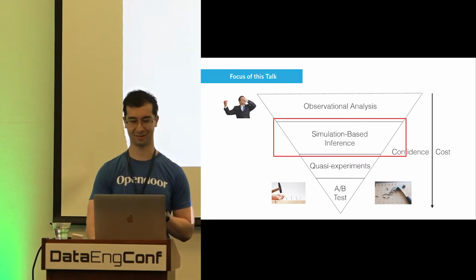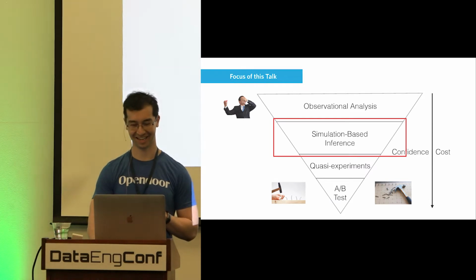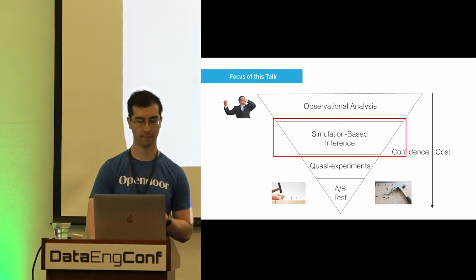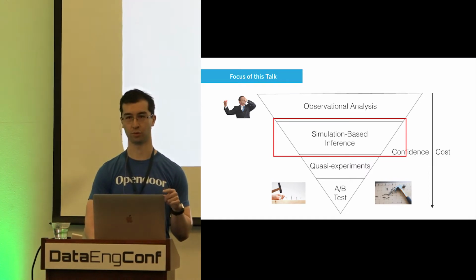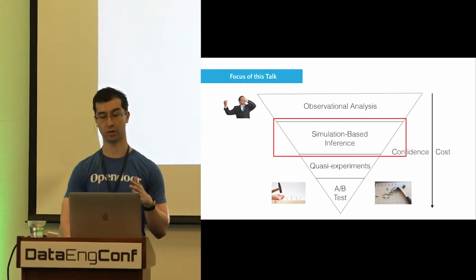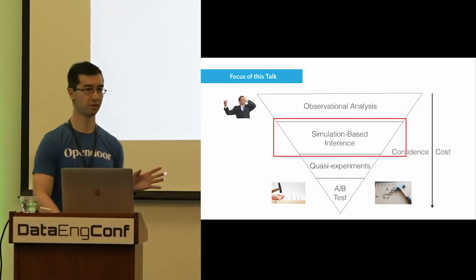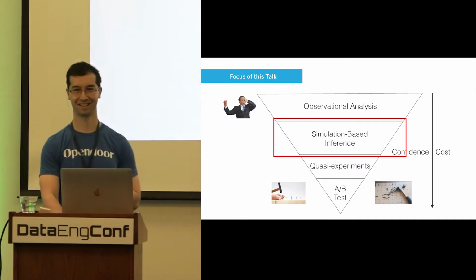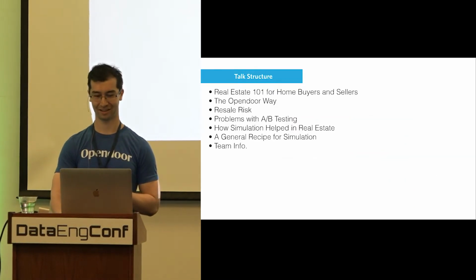So you've got kind of maybe blindly analyzing data, and then the bent nails. And I'm going to talk about simulations. And you can use simulations to throw out poor candidates for your A/B test. You can use it as a guide in order to have better nails, straight nails.